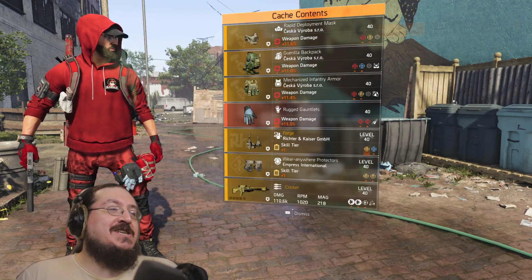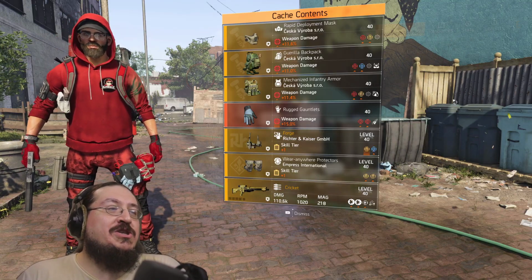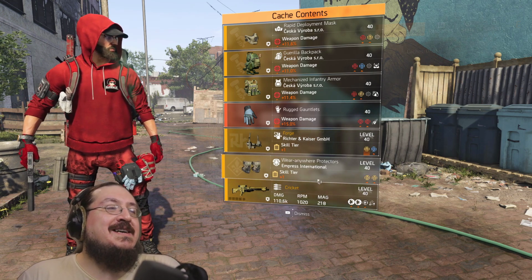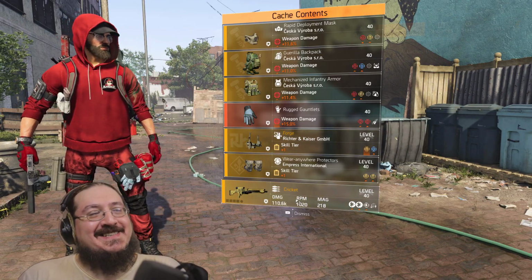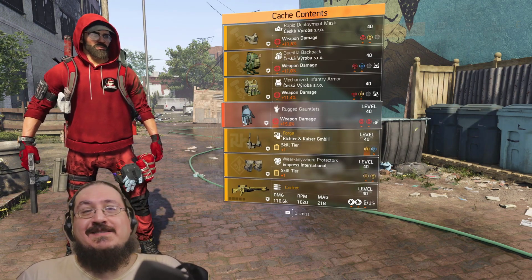So three pieces of Cheska, rugged gauntlets as exotics, a Forge, and an Empress piece, and Cricket as a named LMG. This is an interesting put together. I kind of can see the idea here, because actually for Spiced Up, rugged is a thing you could